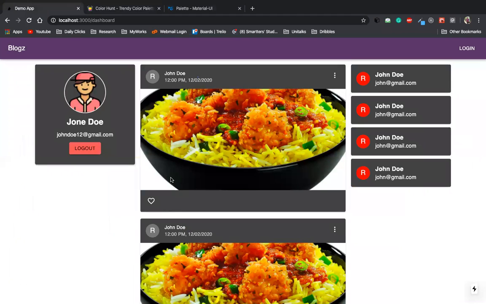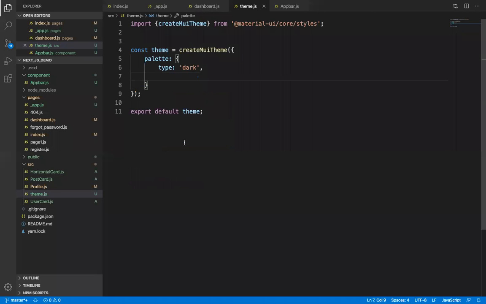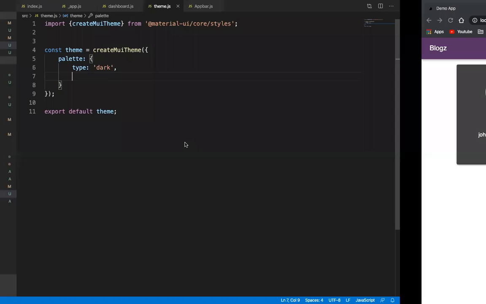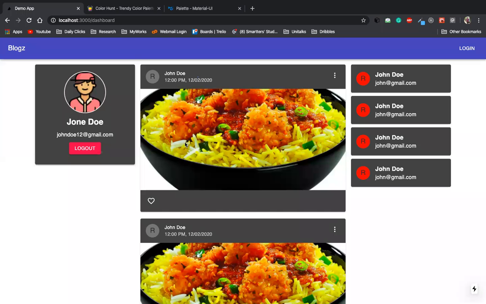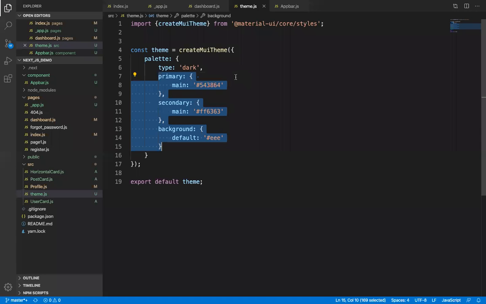See, but as I have overridden the color, it will not change now. So if I set the theme to dark, I can't set these things. Otherwise, it will change the design. Sorry. So there are more things to do.